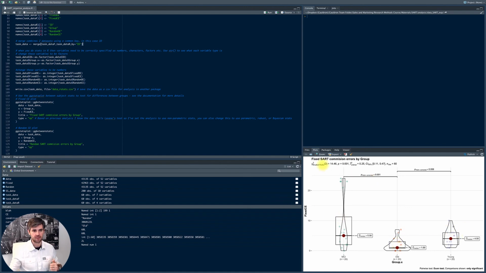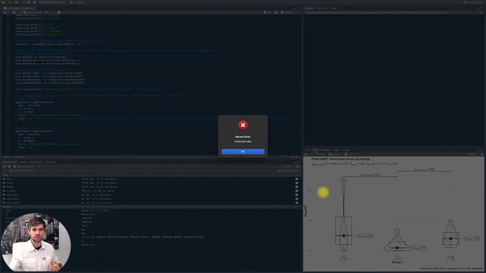You can see, as well as having the Kruskal-Wallis score, which is our non-parametric ANOVA, it also gives us the post hoc tests. And you can see at the bottom it's Dunn's test, and it only gives us the comparisons that are significant. It's not showing us a non-significant comparison, meaning that the only significant differences are between MCI and old, and young and old, not between MCI and young. And that's a little bit different to the analyses that we had in JASP before we got rid of the double press, for example. So it's shown that the young and the MCI are actually much more alike, both in the fixed SART, and if I click on the arrow here, it will also take me across and show me